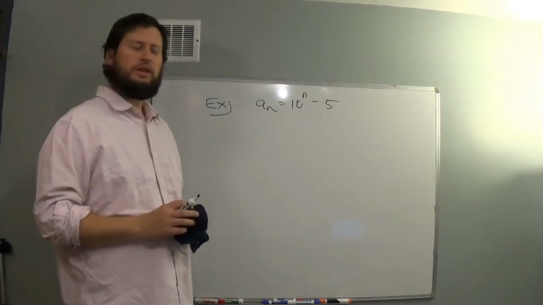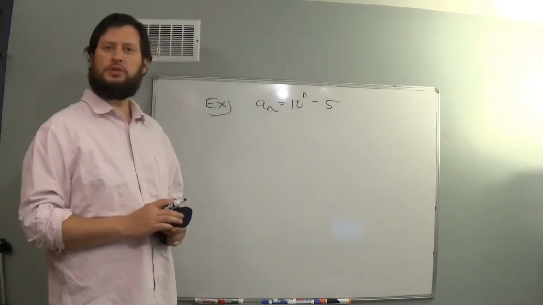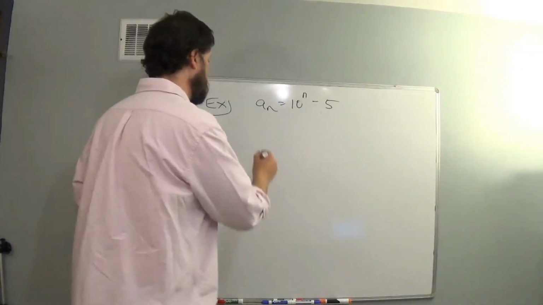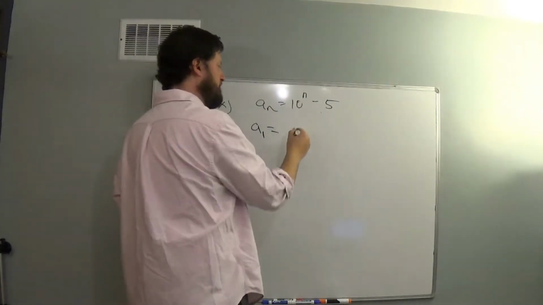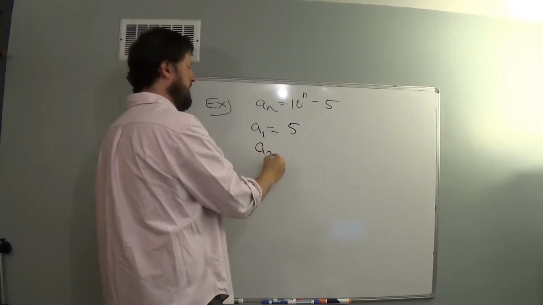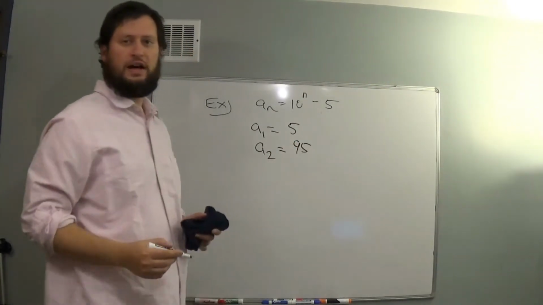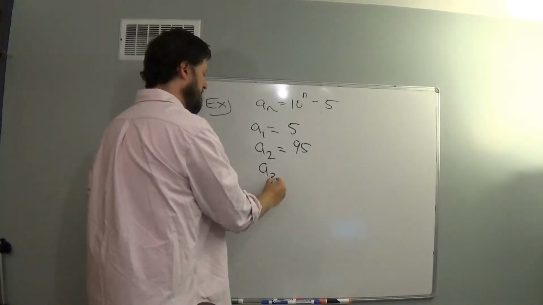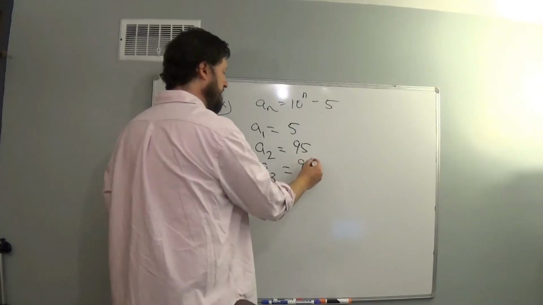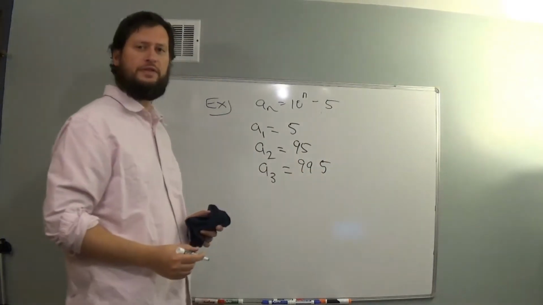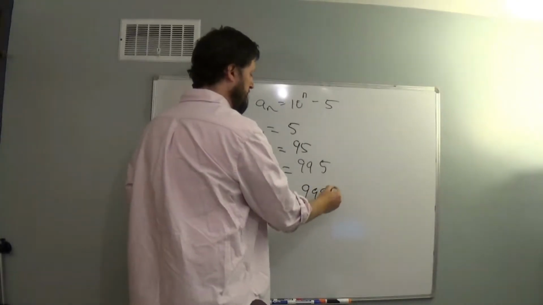In this problem, we're given the sequence a_n is 10 to the n minus 5. What we're going to do is write down the first 4 terms. a1 will be 10 to the first minus 5, which is 5. a2 is 10 squared minus 5, which is 95, 100 minus 5. a3 will be 10 cubed, 1,000 minus 5, which is 995. a4 will be 10,000 minus 5,